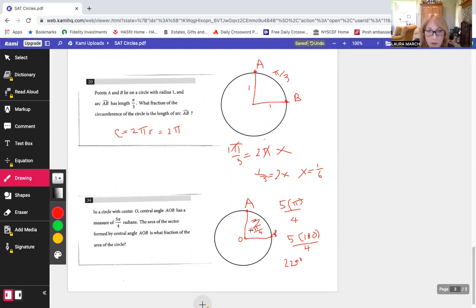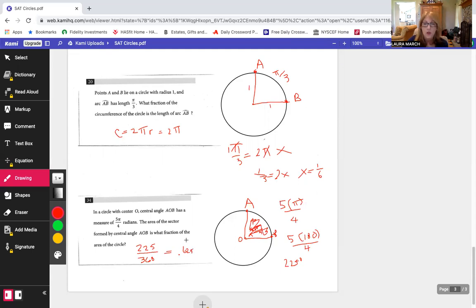And the area of this sector is a fraction of the area of the whole circle, in the same proportion that this central angle here relates to the total angles in the circle, which is 360. So the area of the sector is what fraction of the area of the circle? It would be 225 over 360, which equals